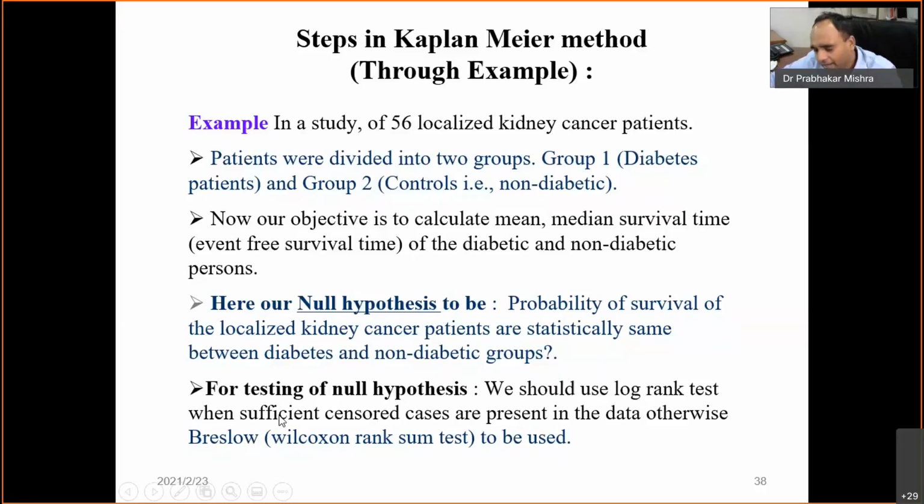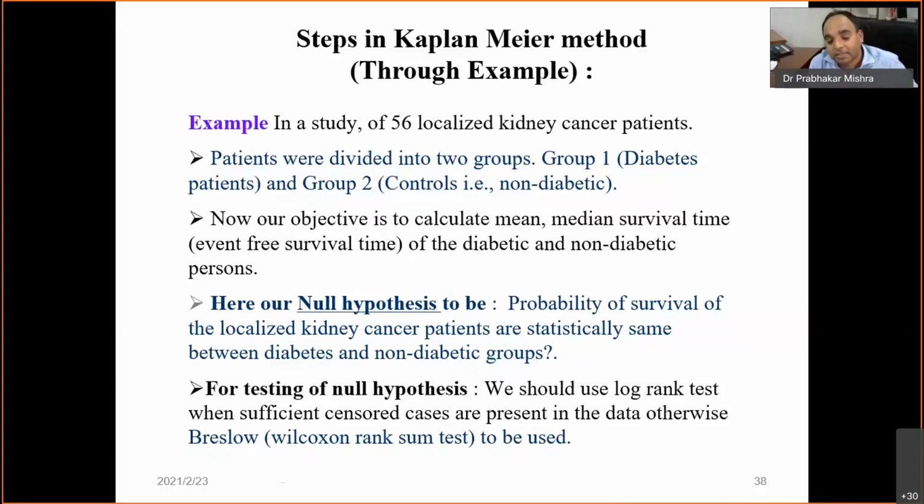In biostatistics or statistics, we know the p value. What is the use of the p value? There is only one use of the p value, that is to test the null hypothesis. If the p value is significant, we have to reject the null hypothesis, and if the p value is not significant, meaning insignificant, then we accept the null hypothesis. If we accept the null hypothesis, the null hypothesis statement will be our result.